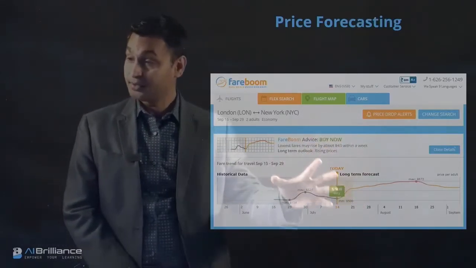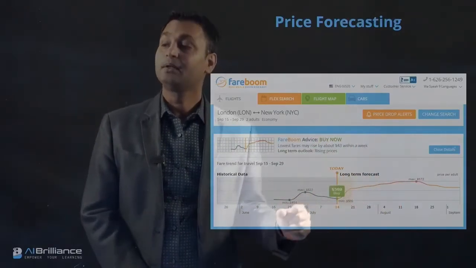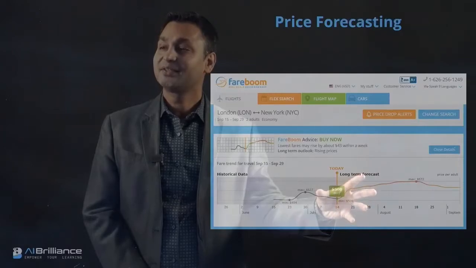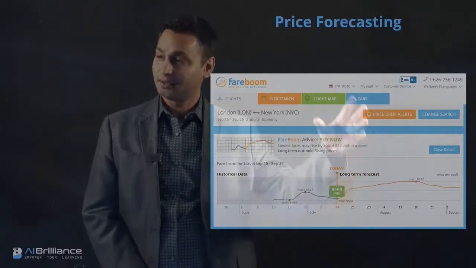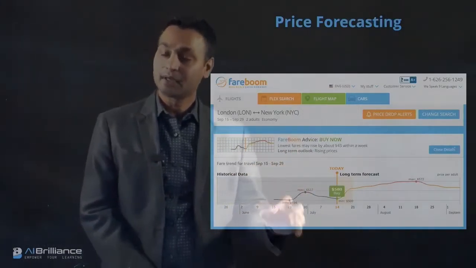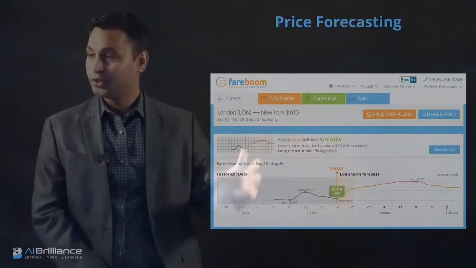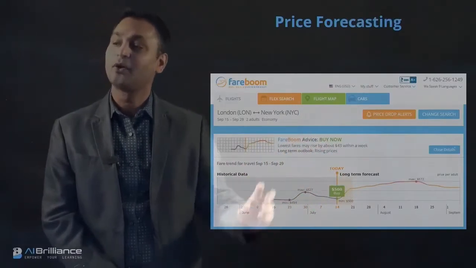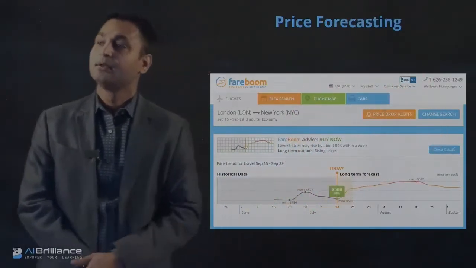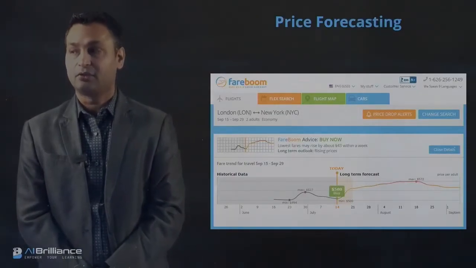And what is their business? People will use this information to do their planning, but once they have planned, they will use the list of suggested airlines, click that airline and buy the tickets on that airline, and Fairboom will make a percentage for referring that customer. So this is like a travel aggregation website like Kayak, Fairboom.